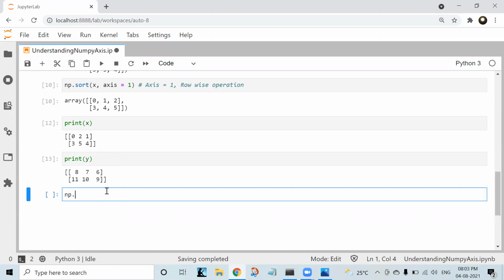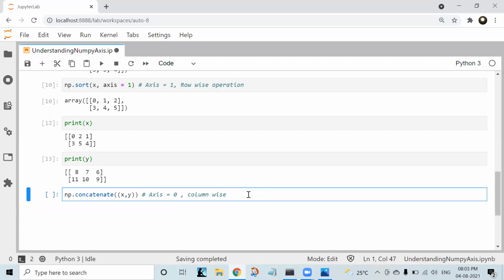So np.concatenate, and we have to pass the two arrays here. If we don't pass any axis, the axis will be 0 by default, meaning a column-wise operation.